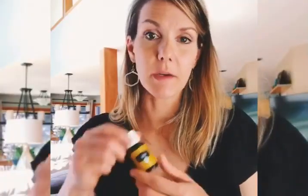I love lemon, not just in my water. There's so many things I love about lemon, but one of my favorite things to do is to put it in my water or any drink really to spice it up, but it's really detoxing and flushing. So if you've eaten a lot, or let's say you got back from a cruise or vacation where you just didn't eat like you normally do,